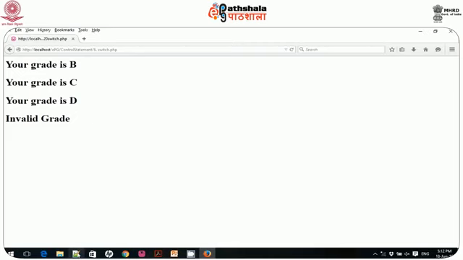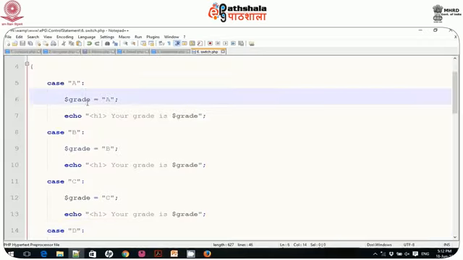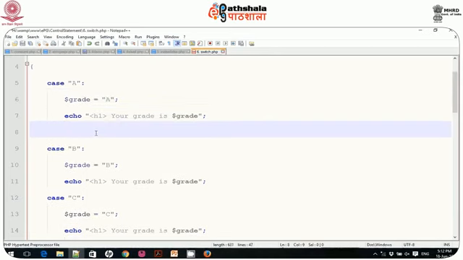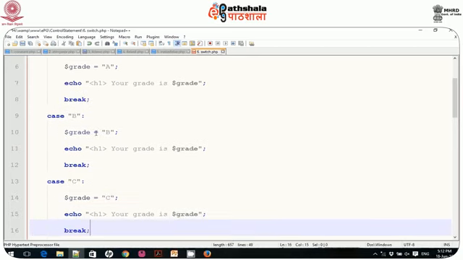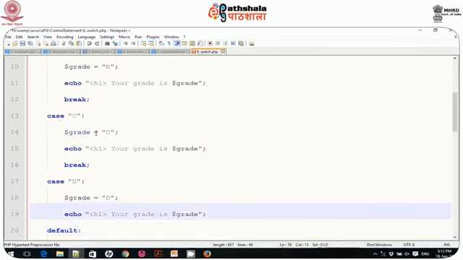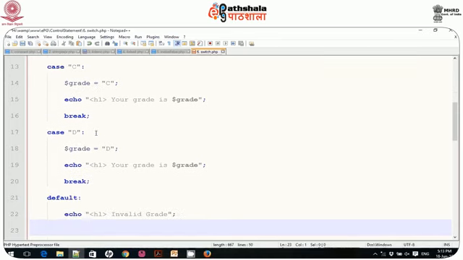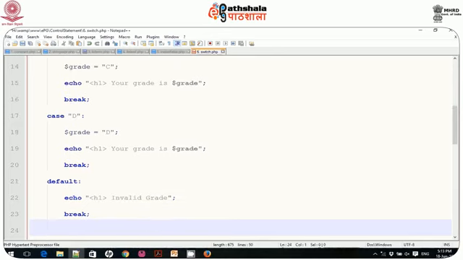The reason is that though I define grade, it will continue executing. So I should break from there. I should write a break statement after each case. This is the right way to code for case. Then only it will work with only that case. For default it is not necessary, but if you wish you can write it.